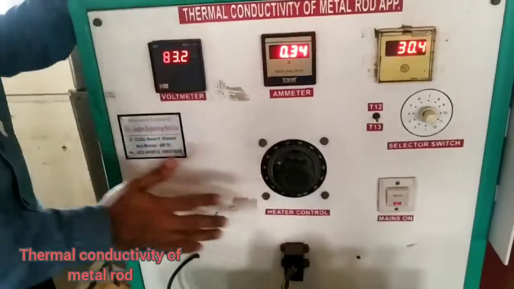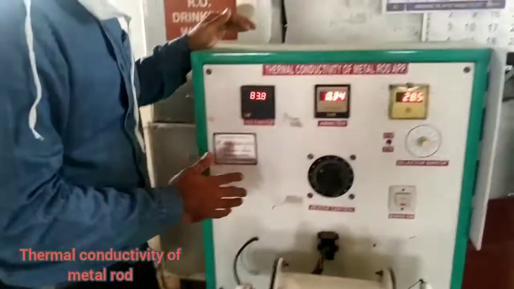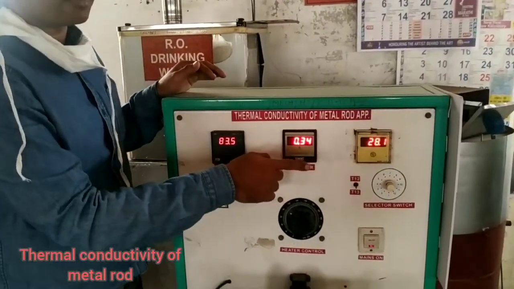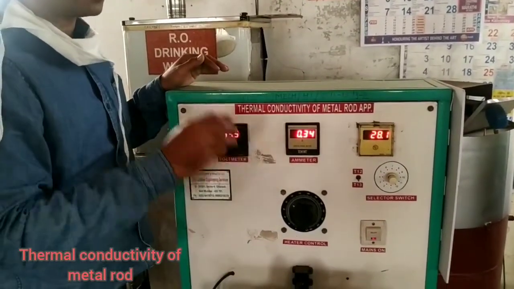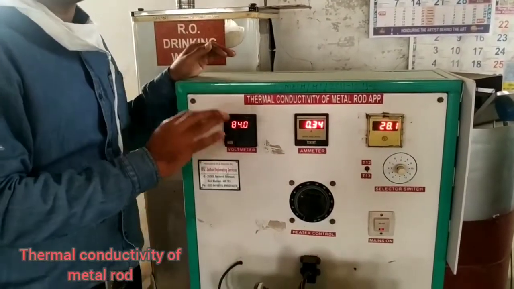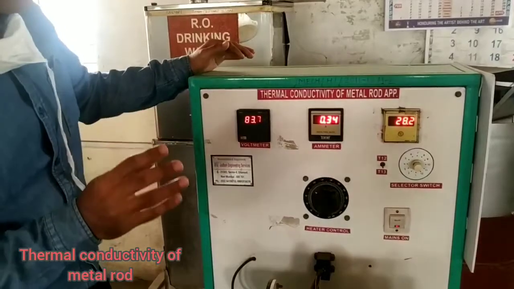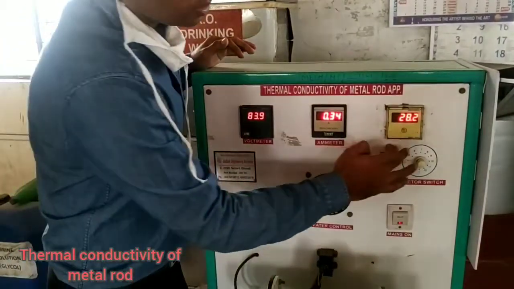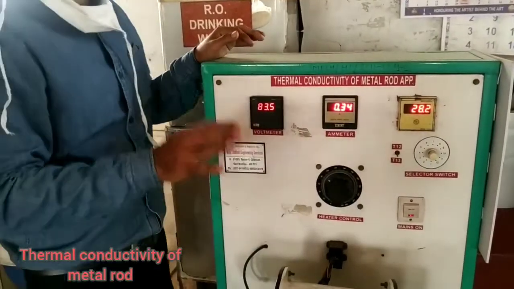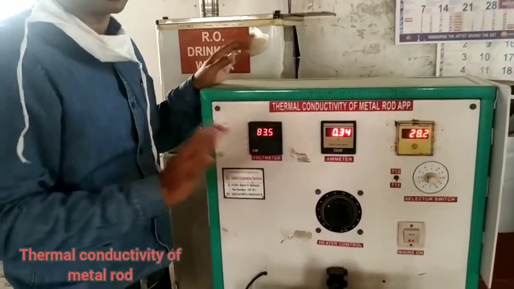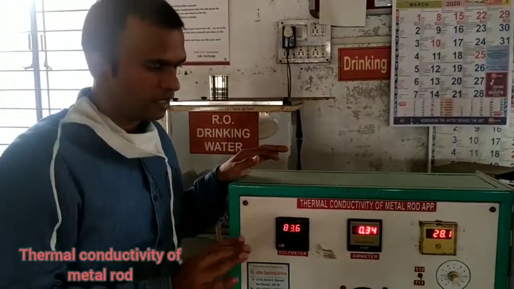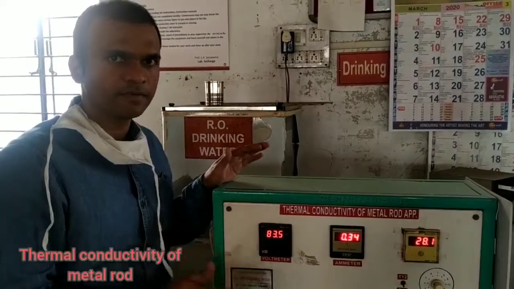So this is our initial reading. Likewise, I will take down readings of the voltmeter, ammeter as well as thermocouples T1 to T13 at equal intervals of 10 minutes, and we have to follow this procedure till steady state is reached. How can we observe that steady state? Once all the thermocouple readings with respect to time are equal, then we can say that we have reached steady state condition. So we will wait for another 2.5 hours, and after that we will take the last reading.